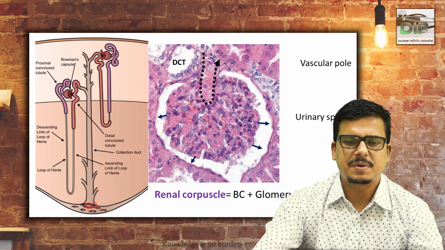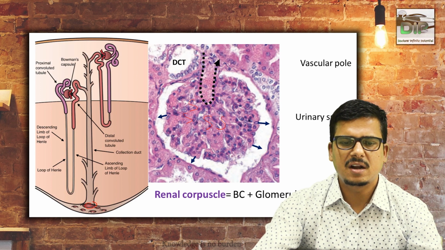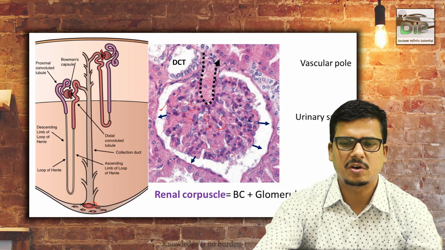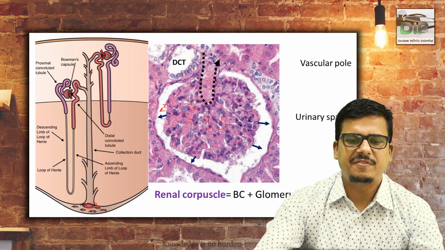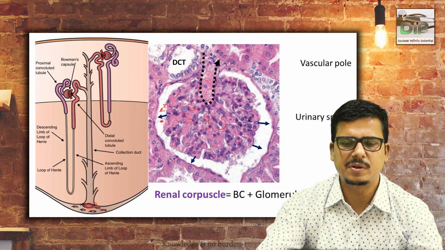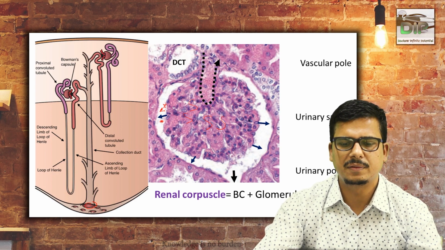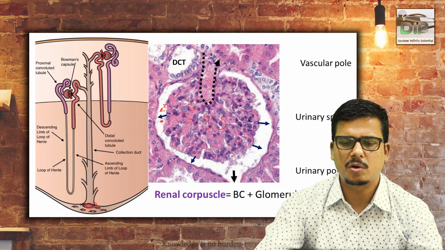And here is one potential space. The space is formed between the two layers of the Bowman's capsule. The inner layer is this layer which covers the capillaries, and this layer is called the visceral layer. And this outer layer, which lies outside of this space, is called the parietal layer of the Bowman capsule. The space between the visceral and parietal layers is called the urinary space. The blood is filtered by these glomerular capillaries, and that filtered product comes to this urinary space, which is processed further in the different renal tubules. This region, opposite to the vascular pole, is called the urinary pole, through which the proximal convoluted tubule continues.